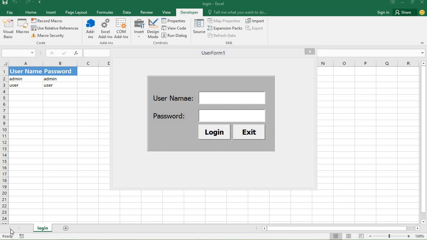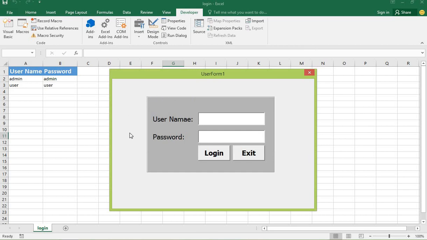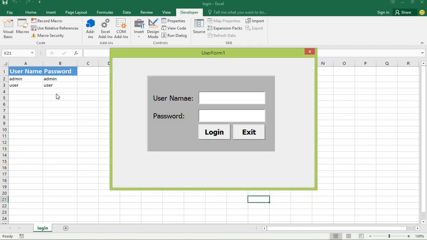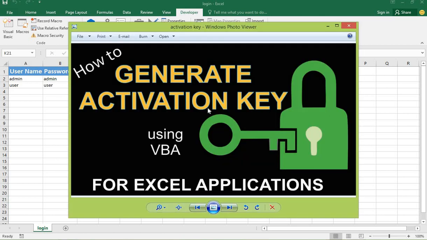I am Dynaimc. In the previous tutorial, we learned how to design this login form and also learned how to reference the password entered here with the one on the user sheet using VLOOKUP. Today, however, we are going to learn how to generate a more secure password that cannot be easily broken or guessed by anyone. We will be using the same method that we used in creating how to generate activation key